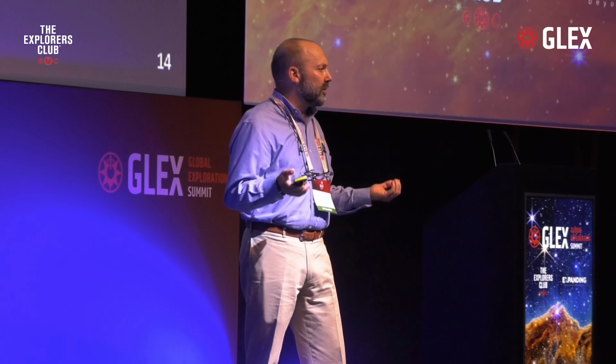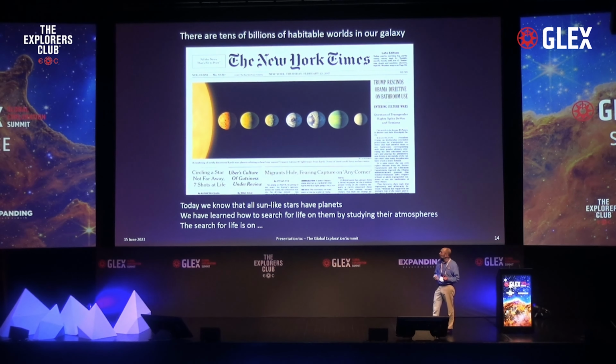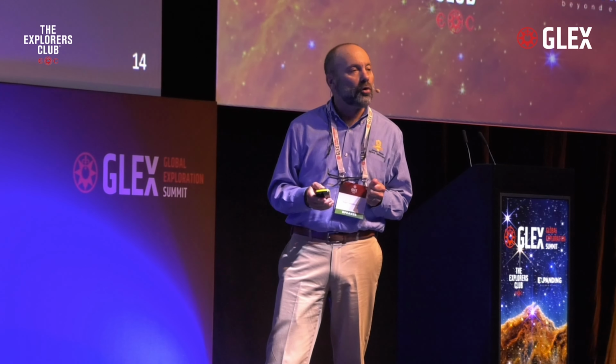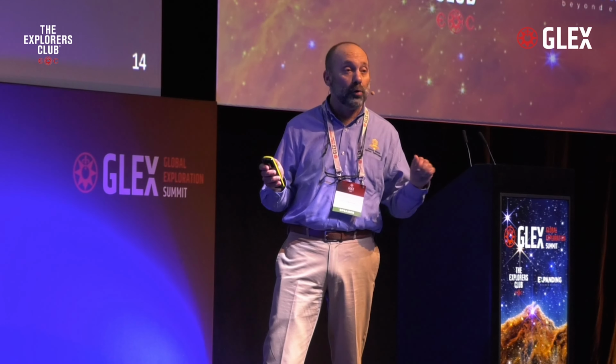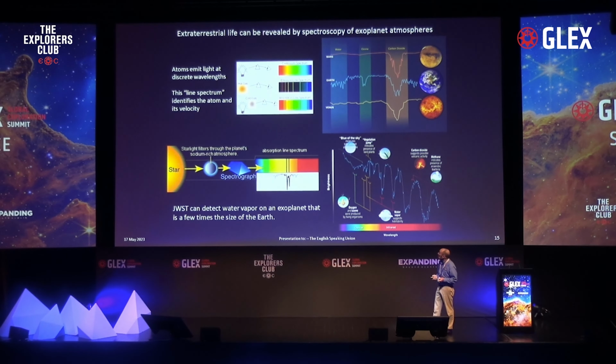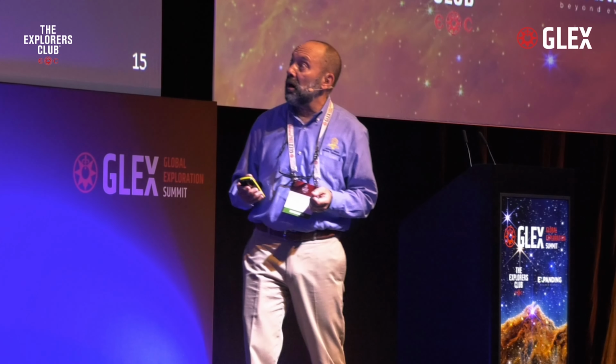Now, when I was a graduate student, there were no planets known outside our solar system. Today, we've identified more than 5,000, with the implication that there must be tens of billions of habitable worlds in our galaxy. We don't know that they're inhabited, but we have learned how to search for life on them by studying the composition of their atmospheres. So the search for extraterrestrial life is no longer the stuff of science fiction. It is very much a major science objective of NASA, and the Webb is really starting this process in great